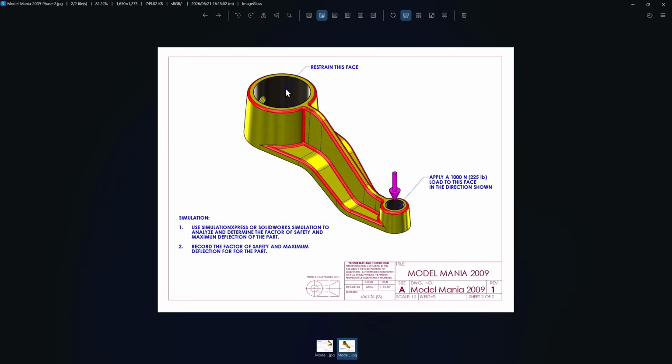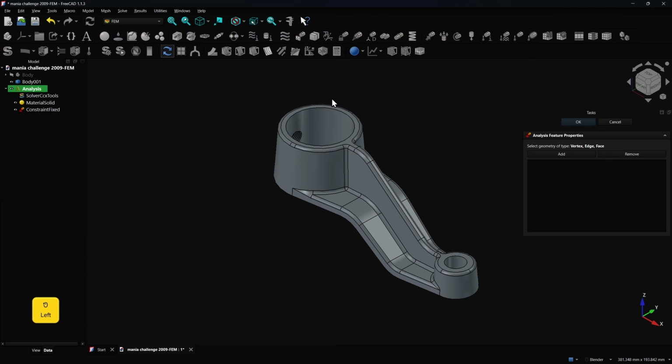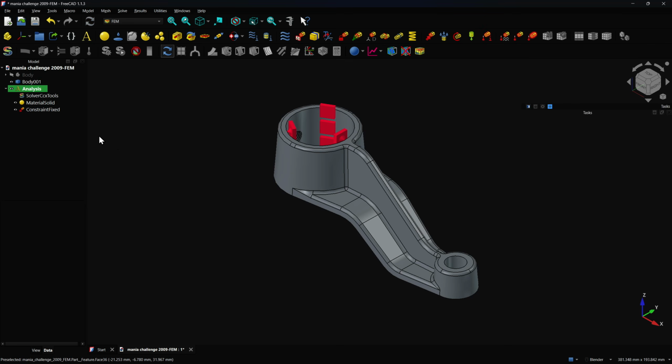We are going to make this phase to be fixed and apply a 1000 Newton on this phase vertically. And find this one, the fixed boundary condition. And to add this phase, click Add firstly, then select this phase. It will add the fixed constraint. Then click OK. You will find it on the Tree Manager, and you can hide or show it for the